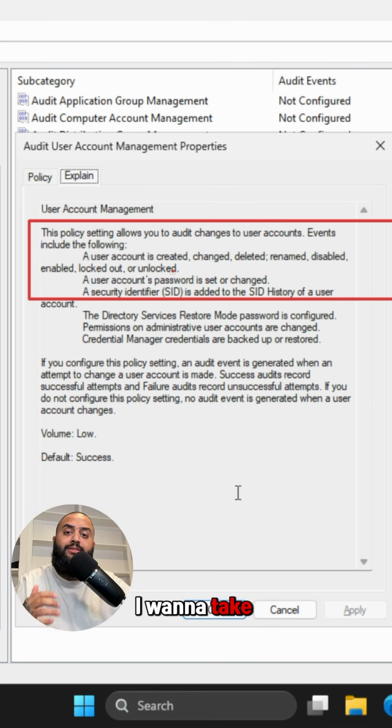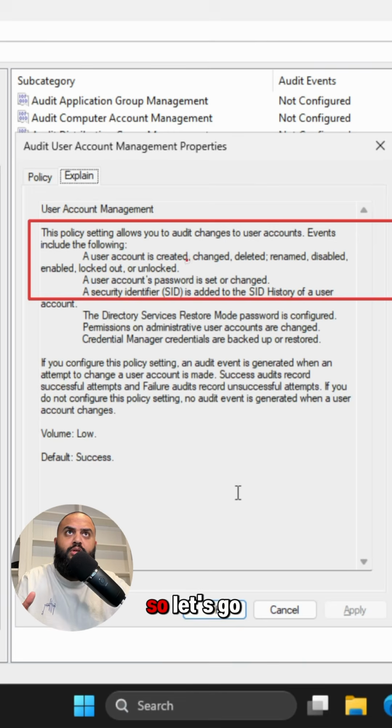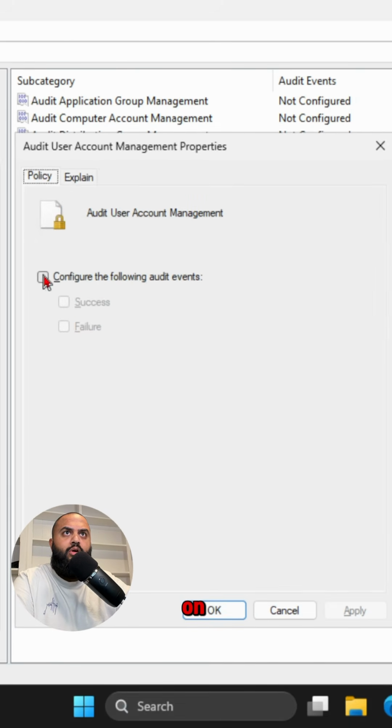So I want to take those logs and ingest them into my centralized logging and monitoring solution. Okay, I think that's pretty important. So let's go ahead and turn on successes and failures for this. And then